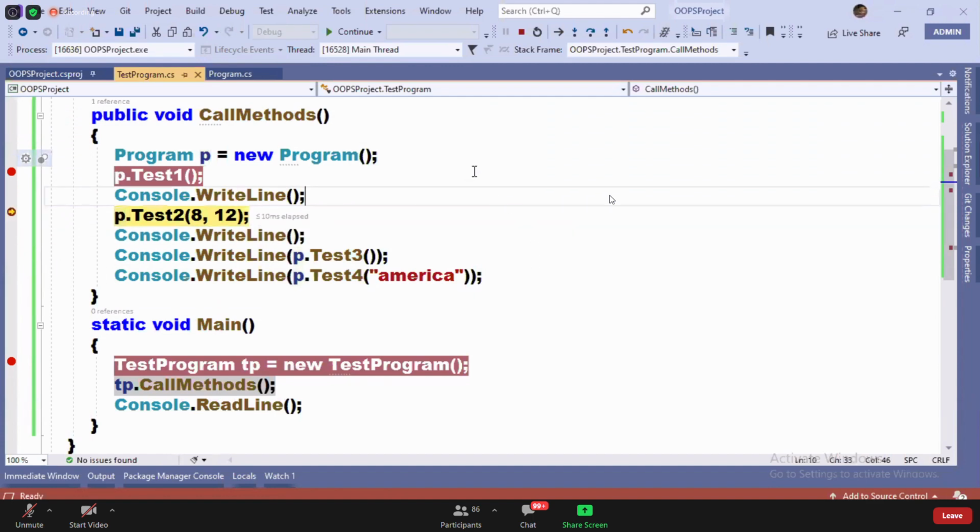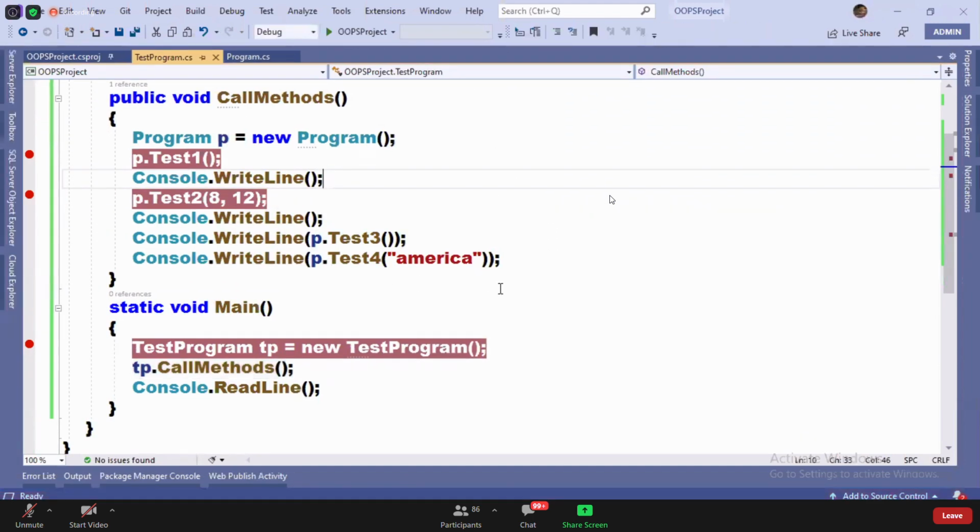Okay. So right now, I have 3 breakpoints in my code. If I start the execution, will it stop at the breakpoints or not?